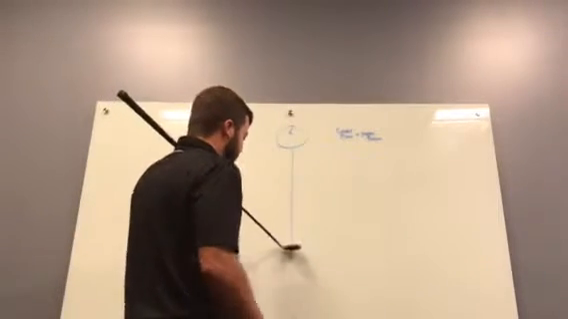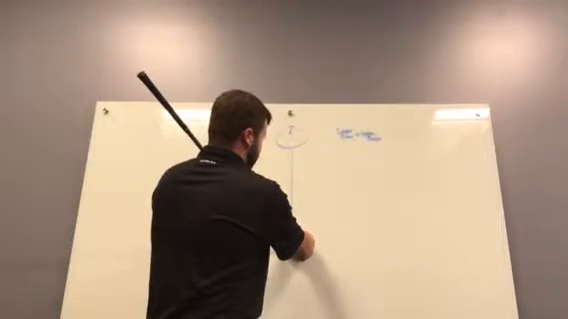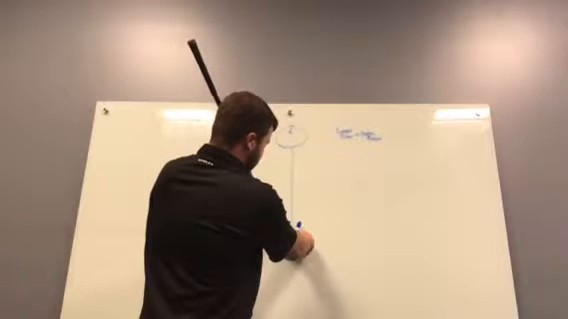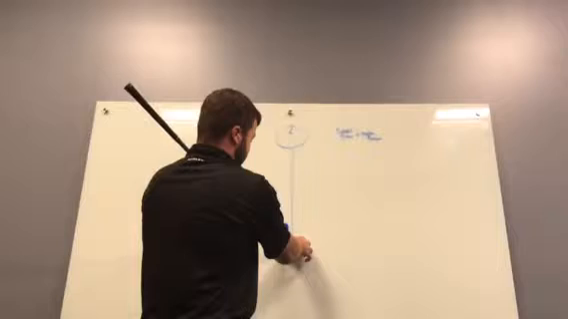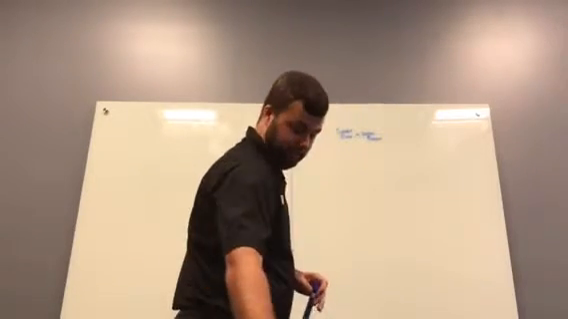So if we've got a club that's pointing straight at the target, the ball's going to start straight. If it's pointing to the right, it's going to start a little bit right of the target. If the club face at impact is pointing anything left, it's going to start left. Okay? Now, the relationship between